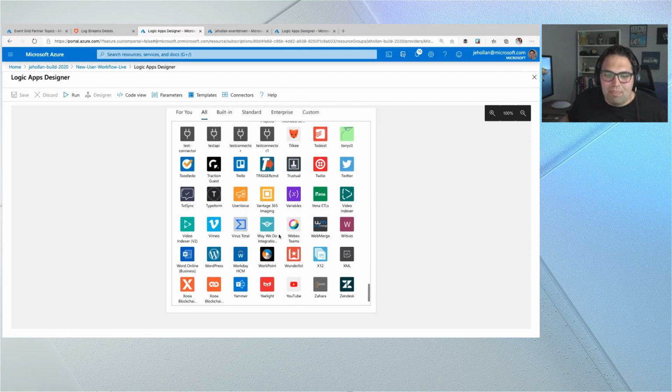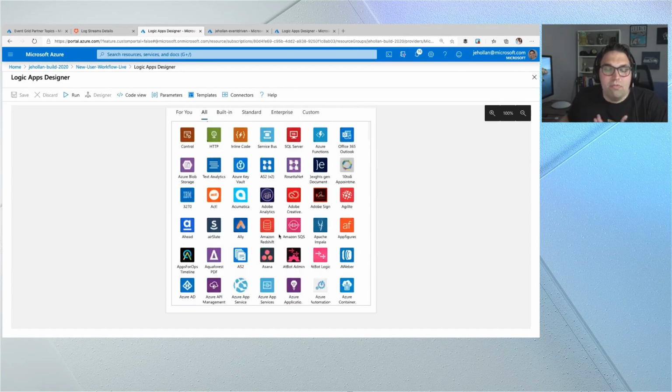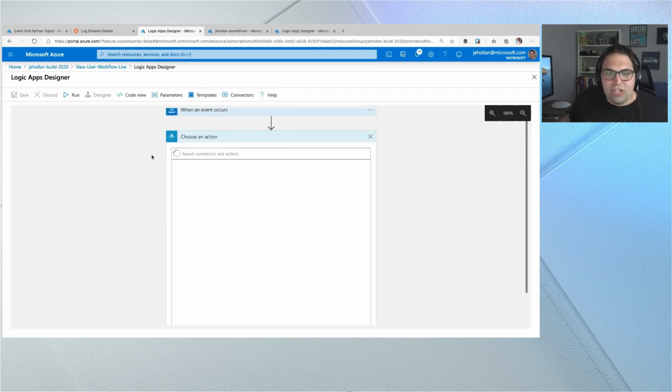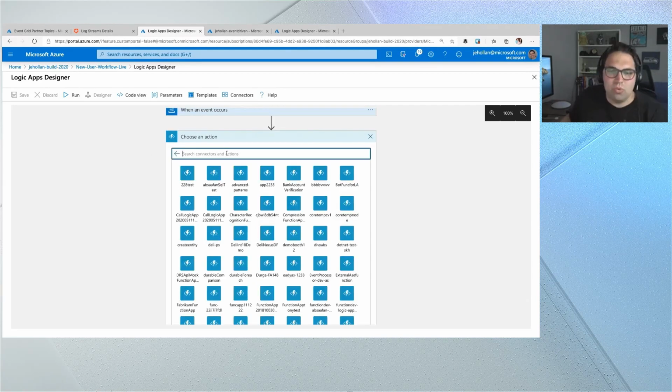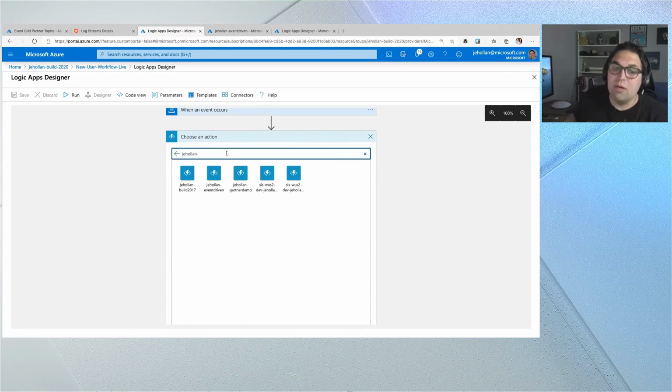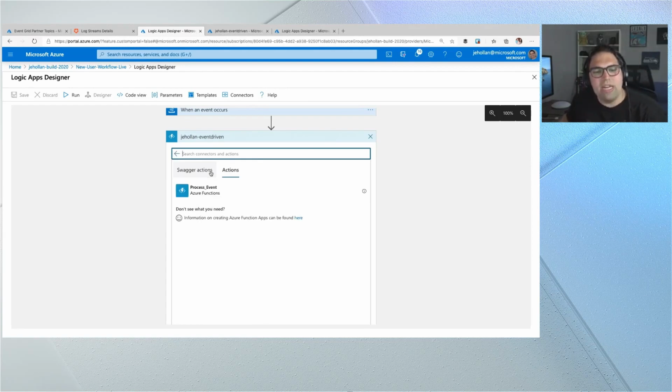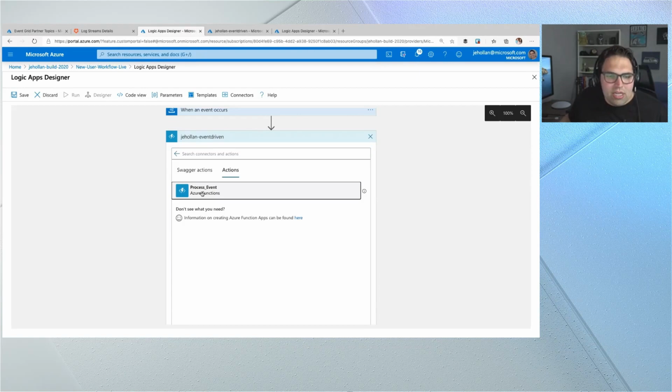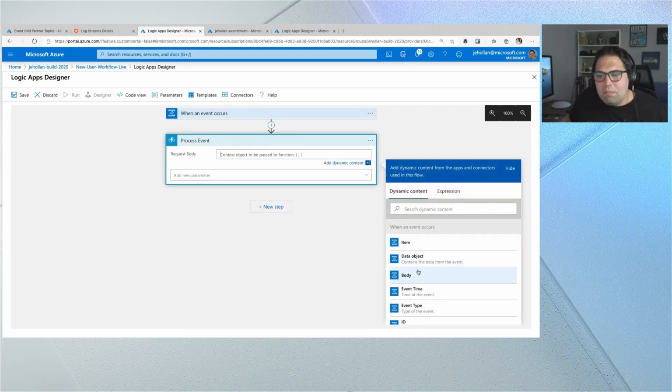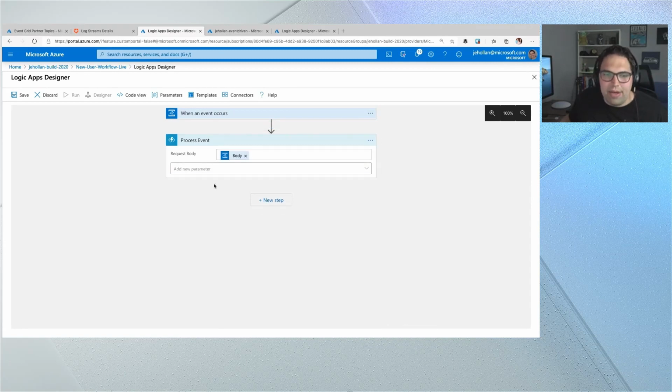now as I'm building this event-driven app. Now, I also have the flexibility though, maybe I do have some code that I want to run. And here I could drop in something like an Azure function direct in this workflow. So here you'll notice the number of functions that I have in my subscription because I love functions, but I have one here that will just process that event from Auth0, maybe do some validation, do some string parsing, whatever custom code I need to have happen. So I could go ahead and select this and even pass in some values from that Event Grid event. Let's pass in the event body.